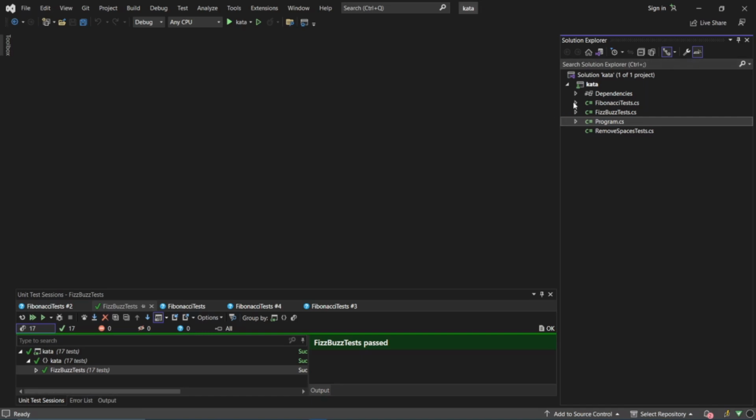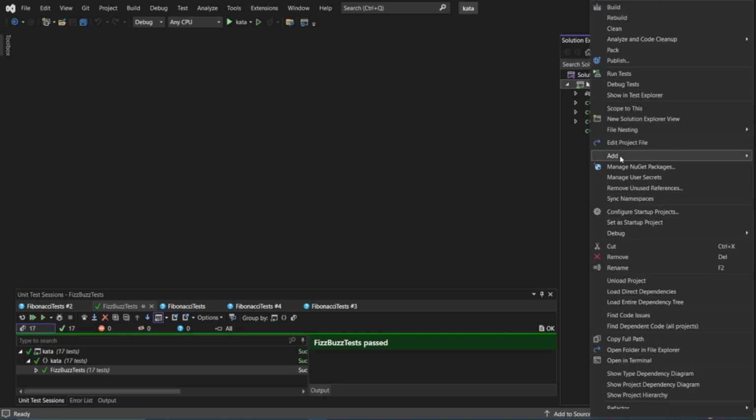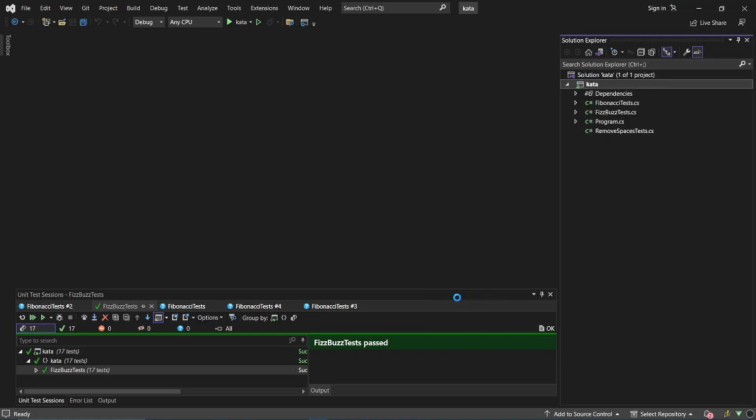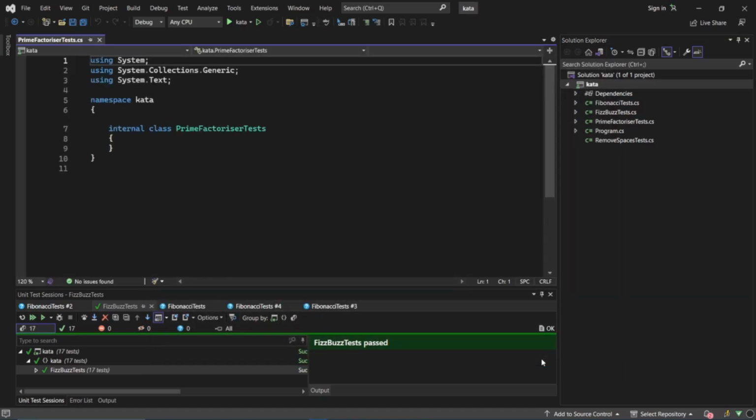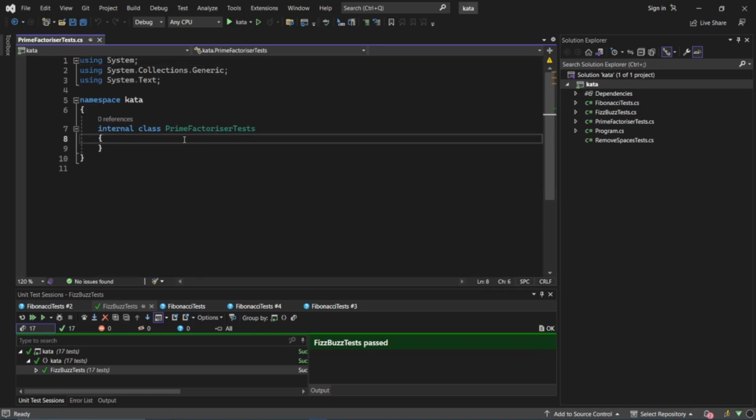Okay, let's do this prime factors kata. So I've got a kata solution here. I'm going to create a test class, and I'm going to call it prime factorizer tests. Oops, tests. There we go. I'm going to call the class prime factorizer, internal class prime factorizer tests, and